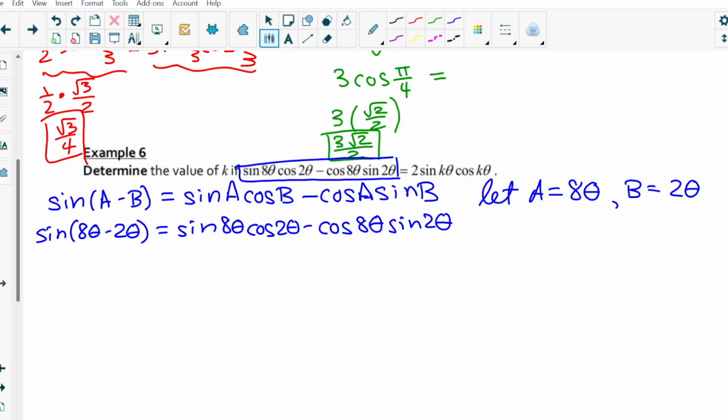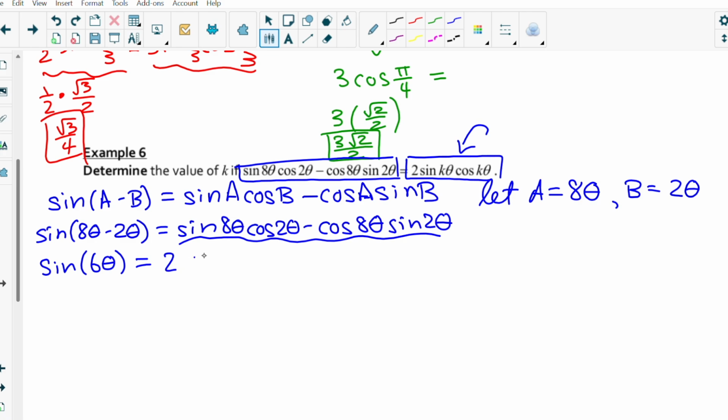Okay, now that I have it like this, I'm going to look at it in terms of sine of, let's simplify this, 6 theta. And we said all of this equals this, right? So I'm going to substitute this right side for this expression: 2 sine of k theta cosine of k theta. So if I rewrite the left side in terms of a double angle identity, sine of 2 times 3 theta,